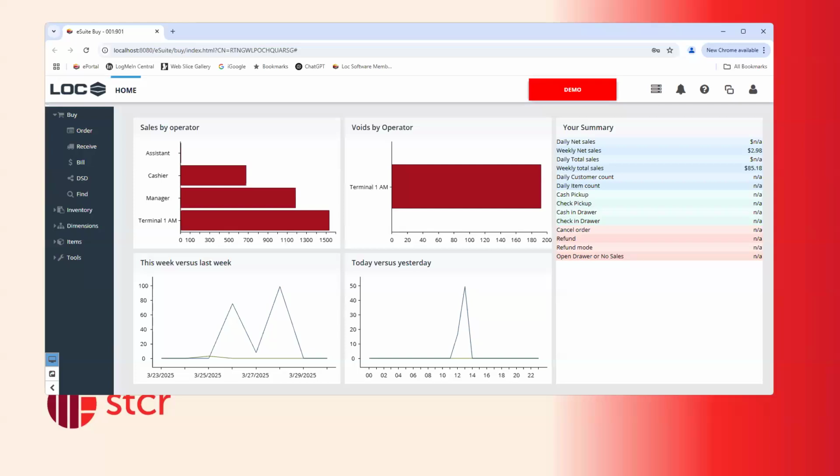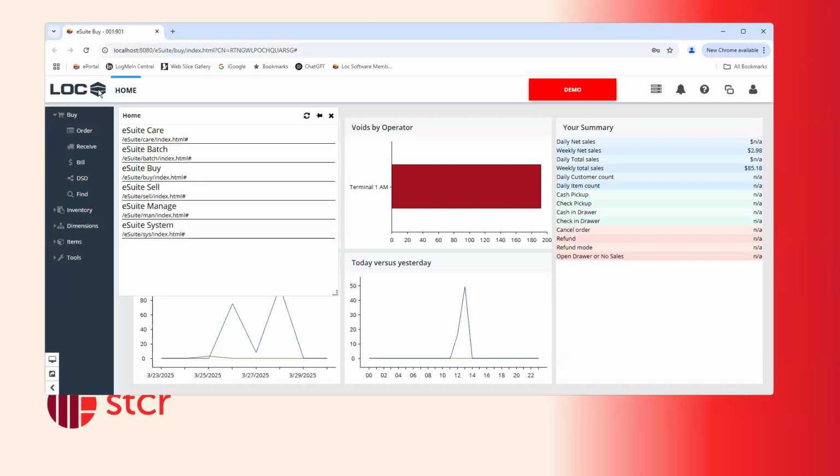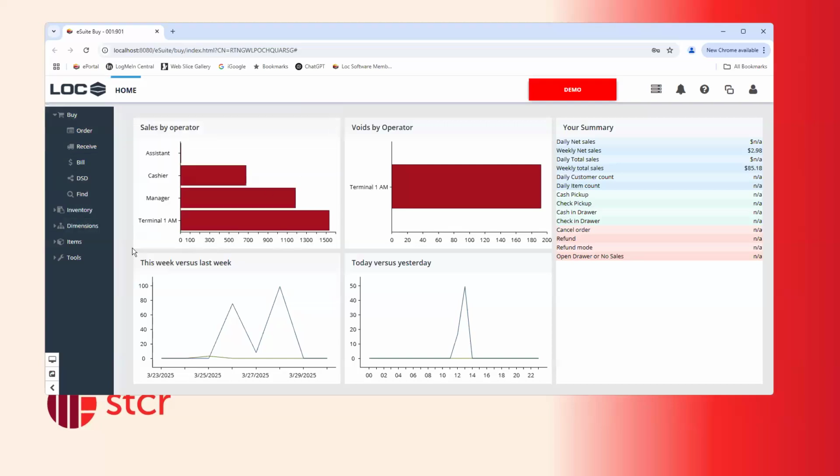So I have it up here on the screen. If you have not gone into this module yet, this is the buying module for ThriVersA. If you're using the URL, that's going to be buy right here when you're going between the various ones, or you can always click on the lock icon right here and choose the eSuite buy option. Generally speaking, I know most of our webinars we've been focusing on manage, so it's just an easy way to go in between each of the different modules. But you can always tell when you're in the buy module. If you look over here on the left-hand side, I'm going to have the buy option, inventory option over here. So that's where all the different